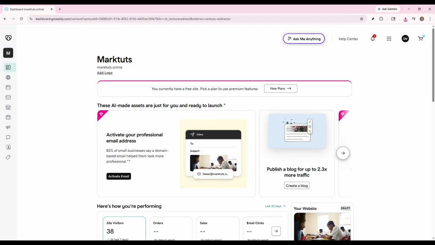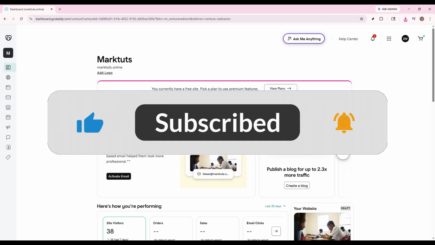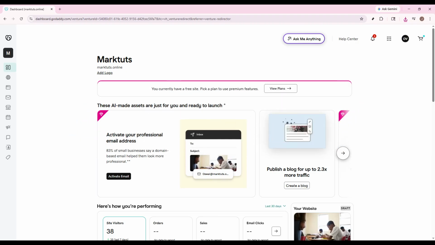A subdomain is great for creating things like a blog, store, support page, or a separate section of your website, all without buying a completely new domain. This is a simple process, and by the end of this tutorial, you'll know exactly where to click and what